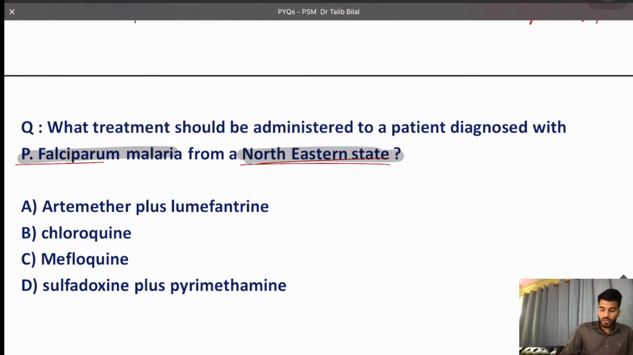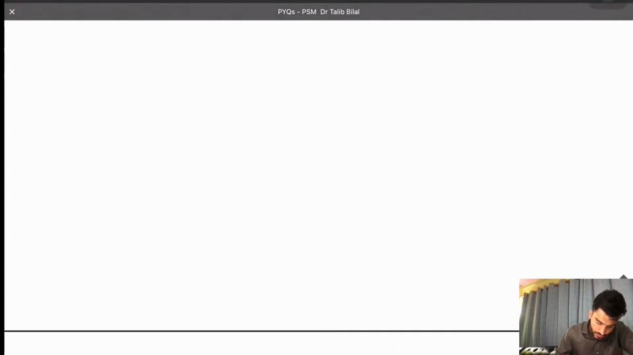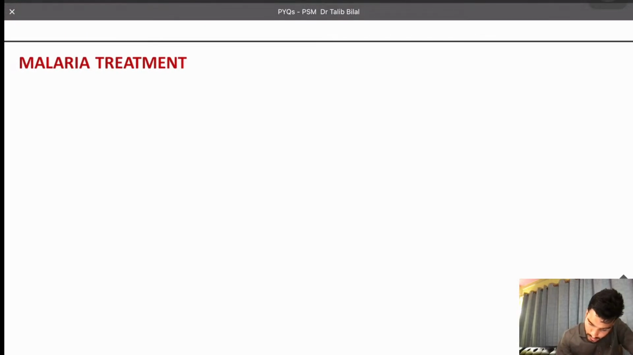What drug will you administer in a patient who is diagnosed with the malaria caused by the Plasmodium falciparum and he's from a northeastern state? So your answer is going to be very good. All those people who are answering, yes, artemether plus lumefantrine. Okay, so let's discuss the treatment of malaria, my dear students. It's very important. Malaria is also very important, guys. If it is Plasmodium vivax,